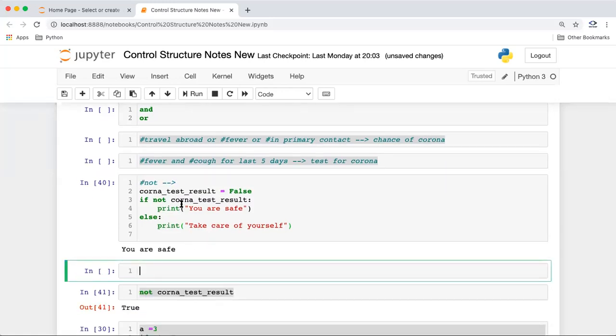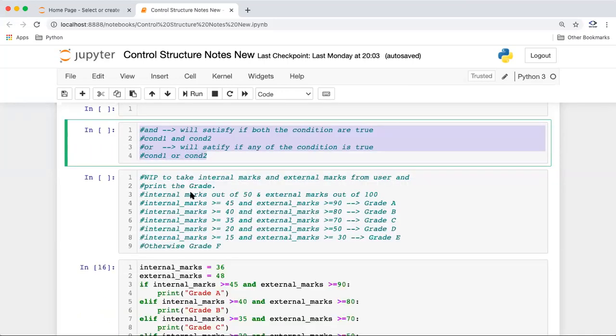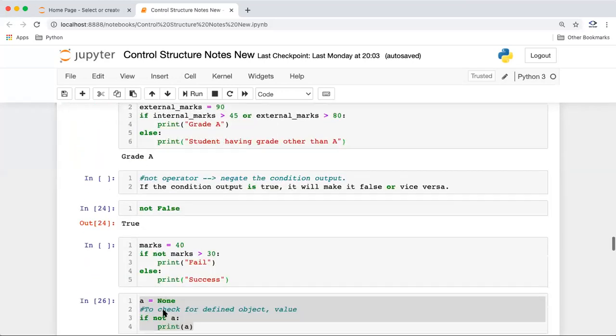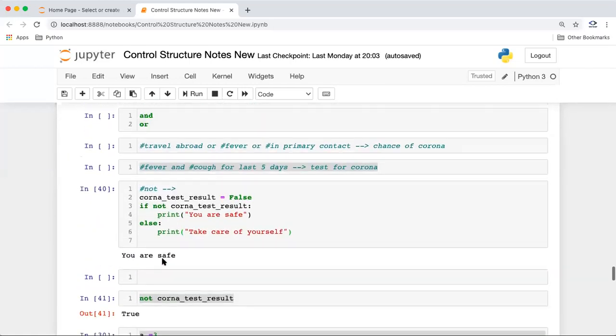And guys, one more thing, right? For our case, if the first condition is true, it will not go for other conditions, right? You don't need to go with other conditions also. And we can also use a combination of AND and OR. It's not that you can use only one.